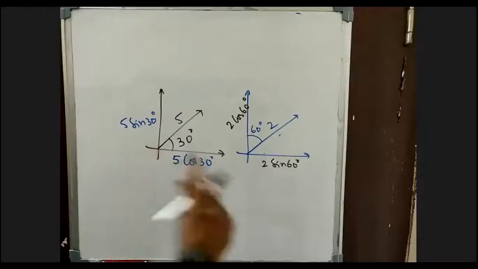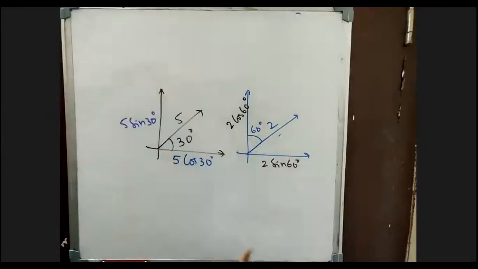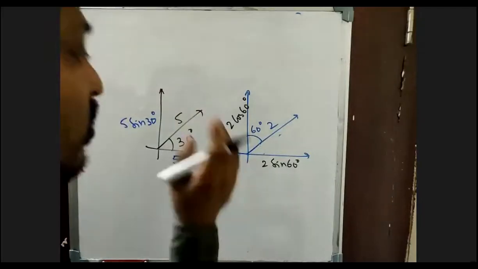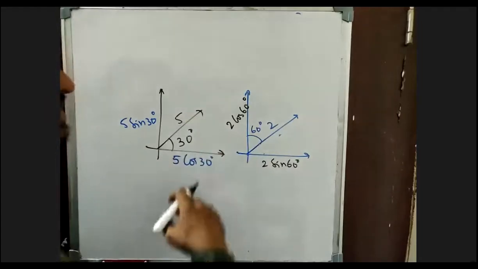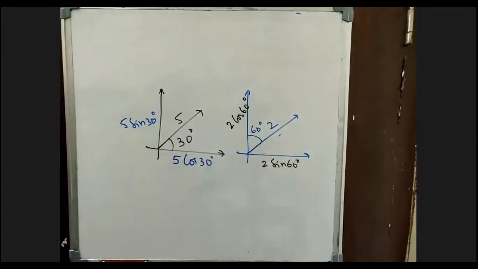Got it? Clearly, this comes up a lot in kinematics as well as Newton's laws of motion. That is the reason you need to know very clearly that wherever you're taking the angle theta, that side will become cos theta, and the other side will become the sin theta component. Is that clear for everyone?